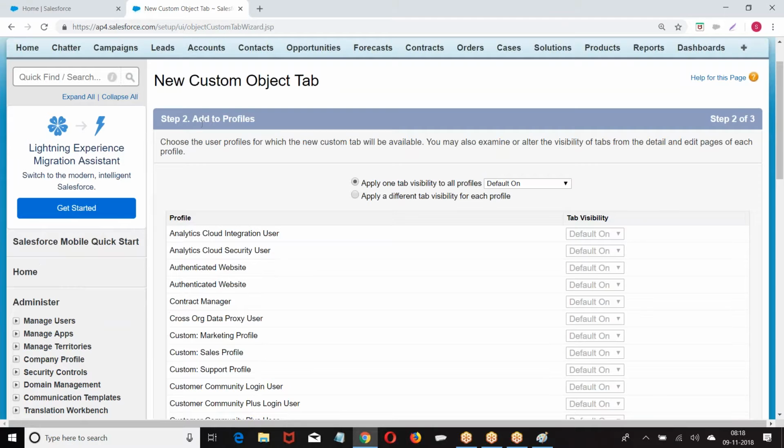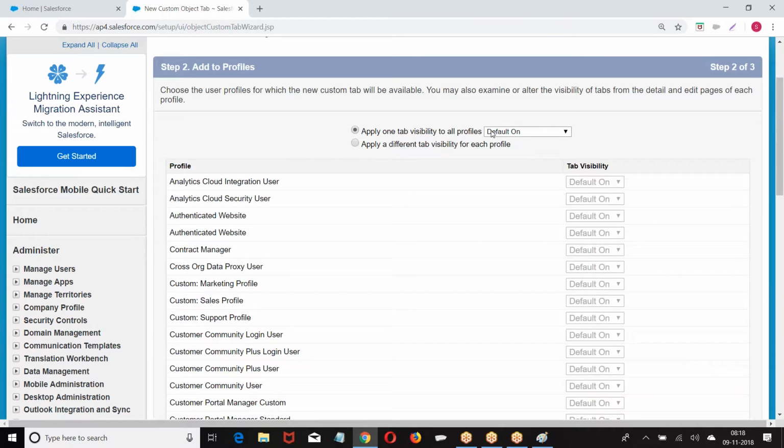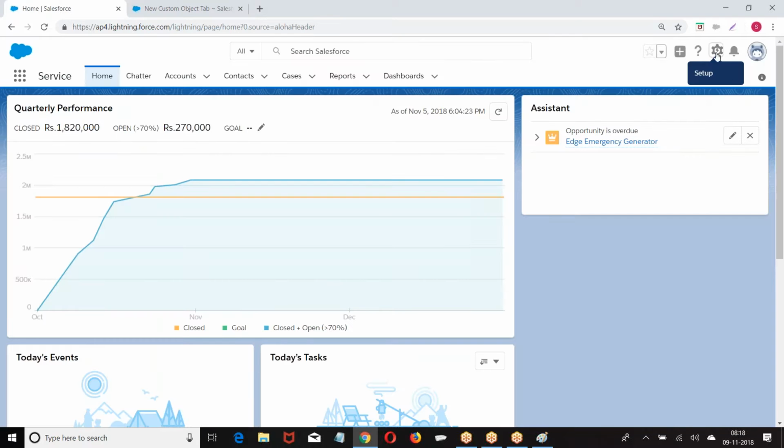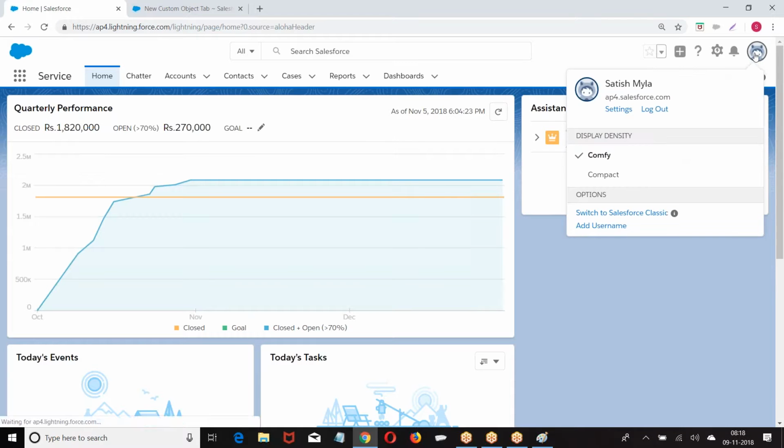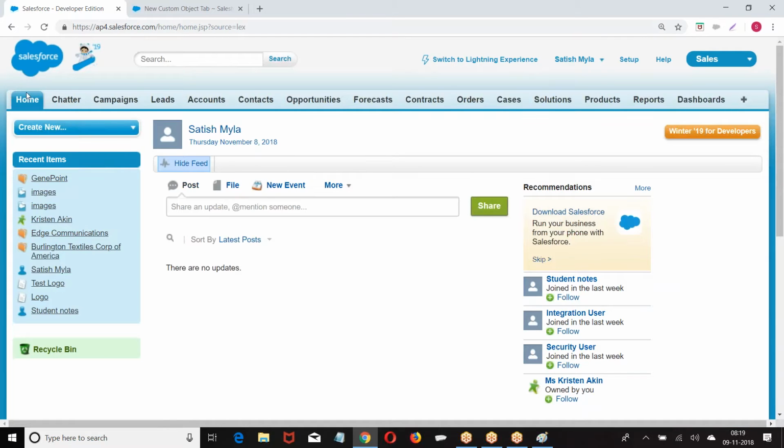Now, here we have visibility. What is that? Default on. Default on means you can see the tab on the tab panel. The tab is added on the panel.